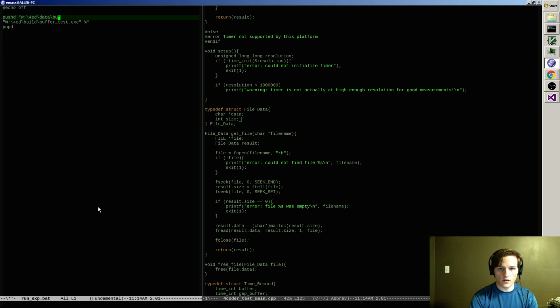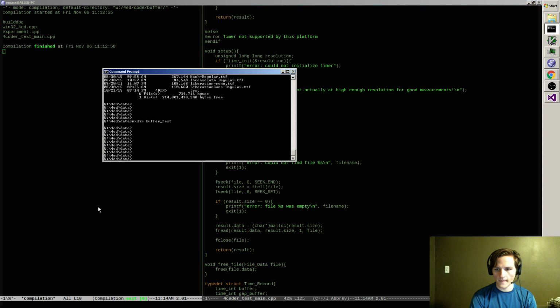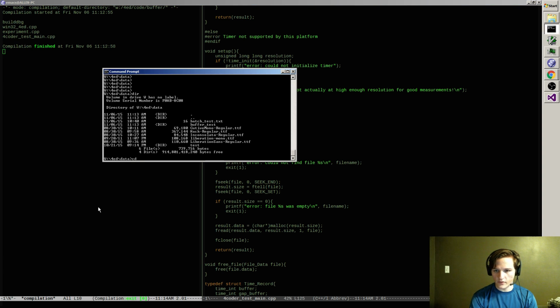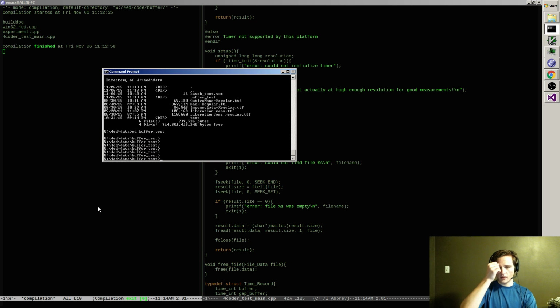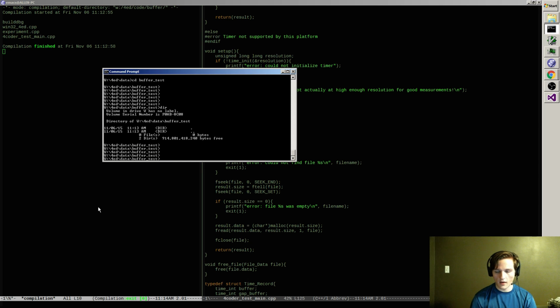It should run in the buffer test folder. And if I switch CD over to the buffer test folder, there I can fill up, it should be, right? Okay, I want to fill that up with useful things for testing.